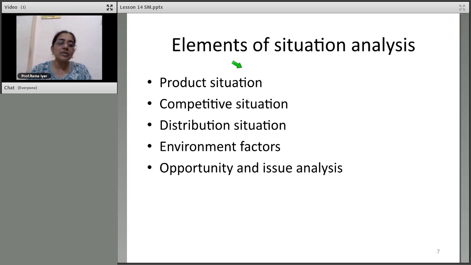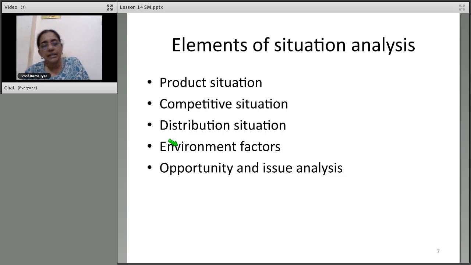Now you look at distribution situation. You know who your customers are. How fast is your product reaching them? How good is your service, right? And your logistics network, meaning your service related and your product sale related. Whatever you need to reach the customers in different places, how well it is connected, and how fast, effective and efficient it is.